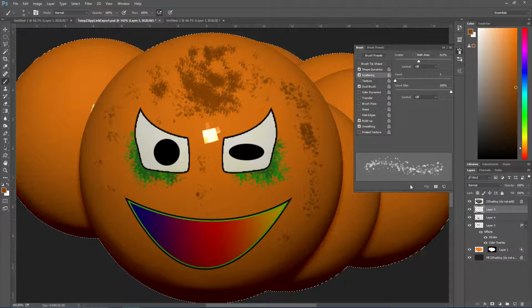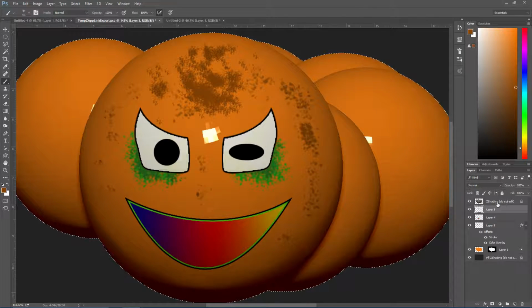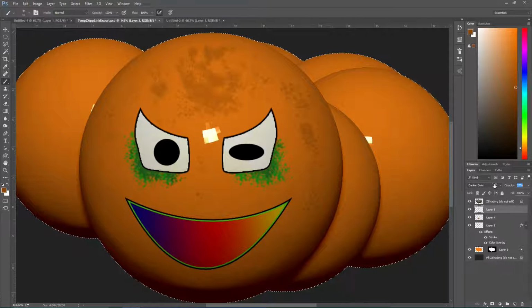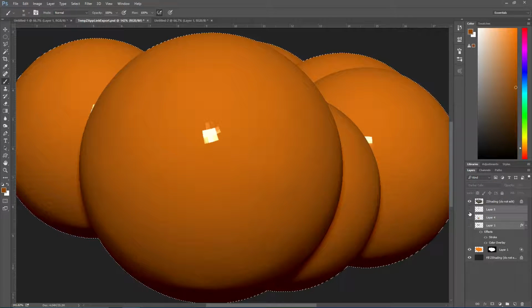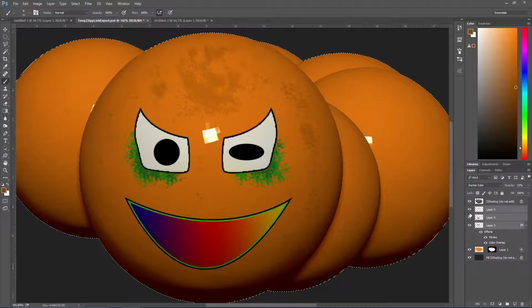Okay, that looks nice. Now, let's close this and let's adjust the layer mode. Dissolve. Color burn, that's interesting. Oh, wait. Darker color. And then make it really light. So now he's got stuff all over his skin. Okay. Now, wait, before I merge everything, let's make sure this is everything that we've affected on this